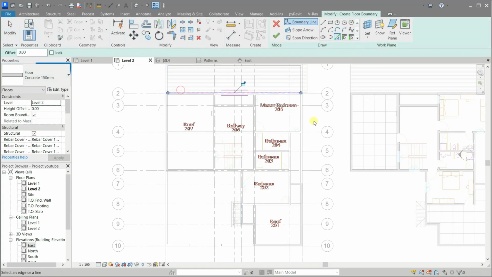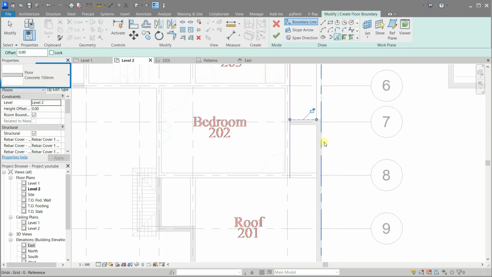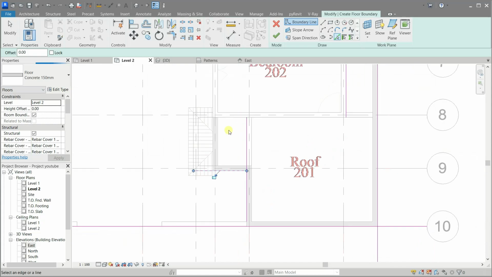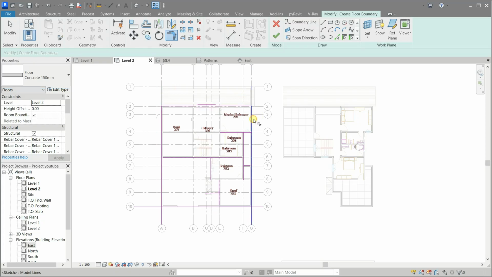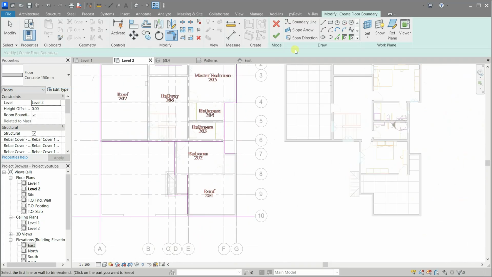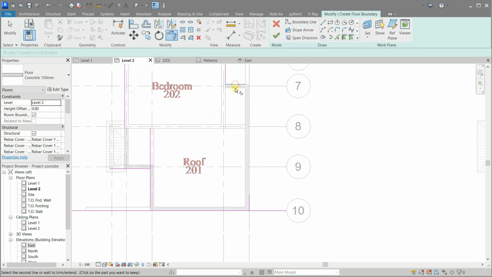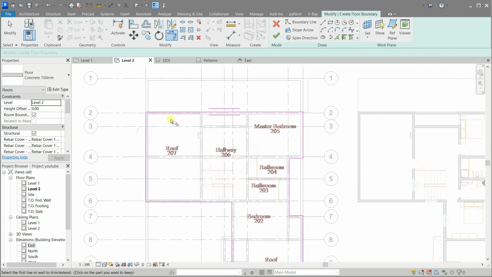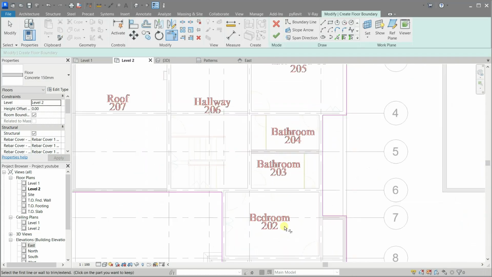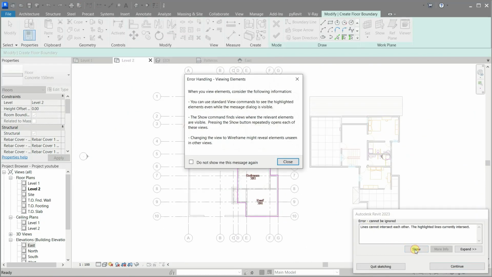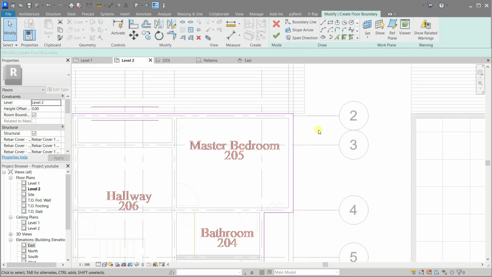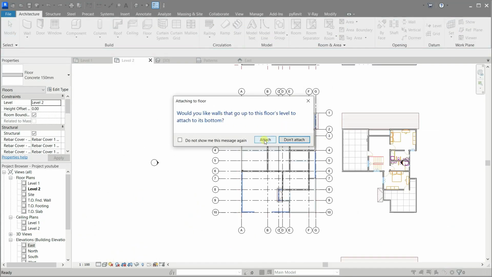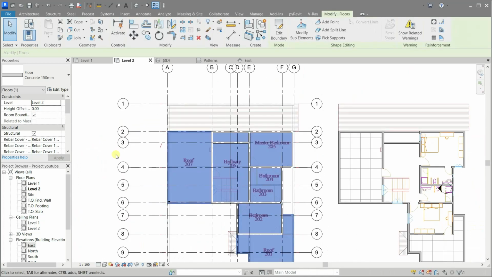Make sure the floor type is the same as level 1. Touch the walls when prompted. Let's see it in 3D.